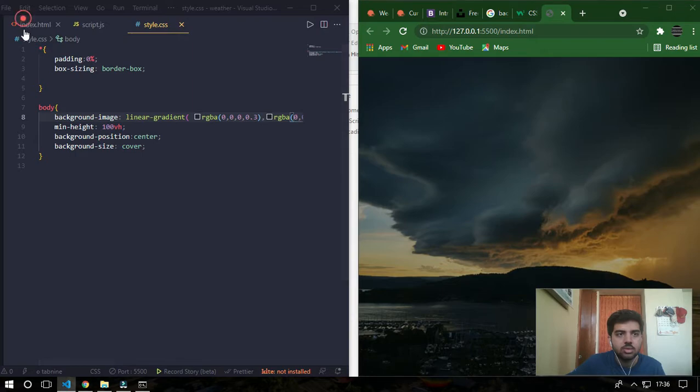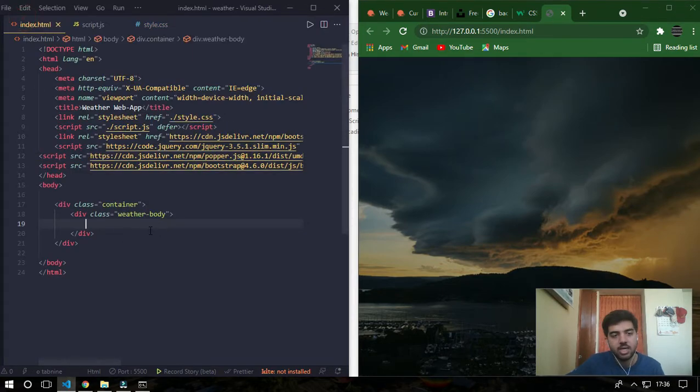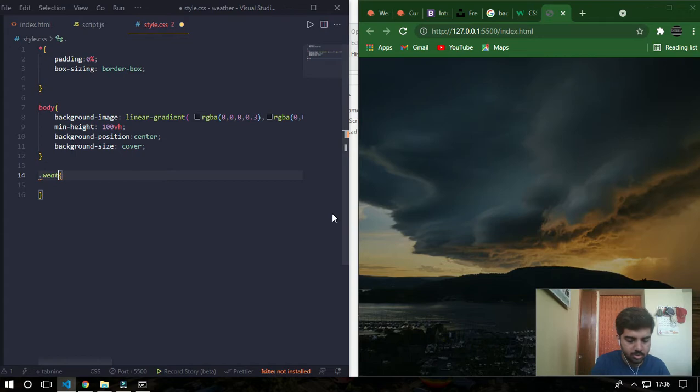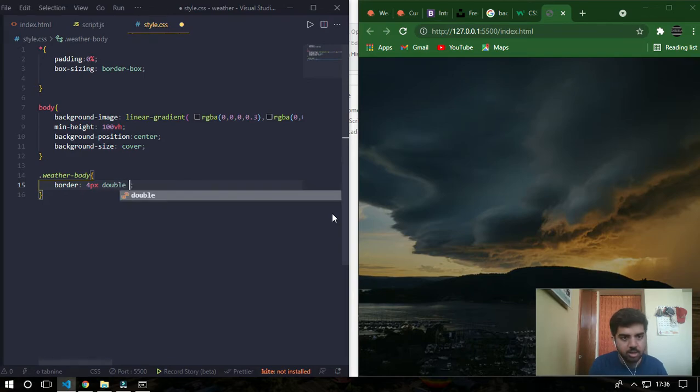What I'm going to do is go to index.html, and inside the container I have a weather body. For the container I'll do this, dot container. No, for weather body I'll style now. I'll give a border of 4 pixel double white.